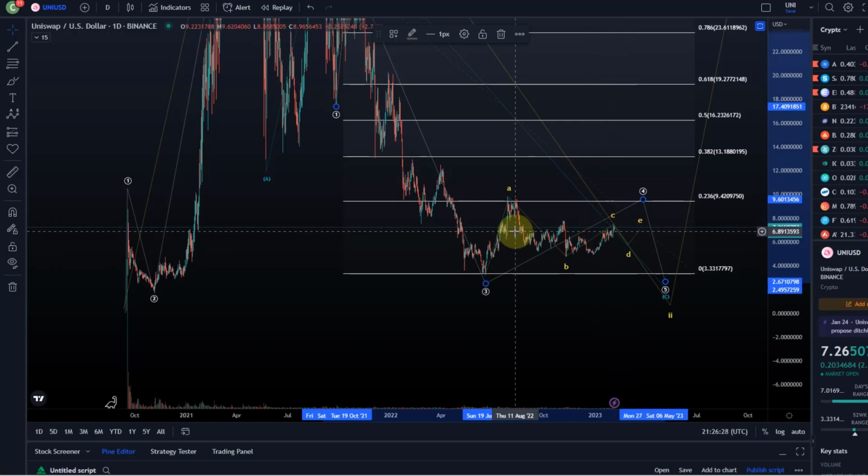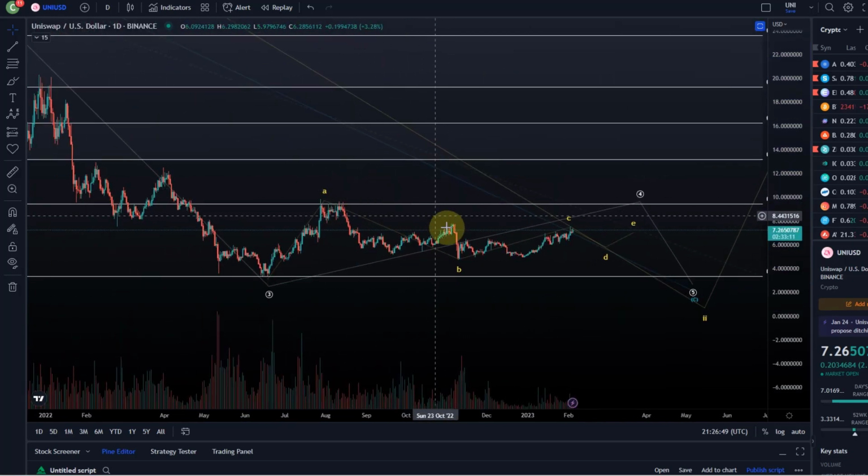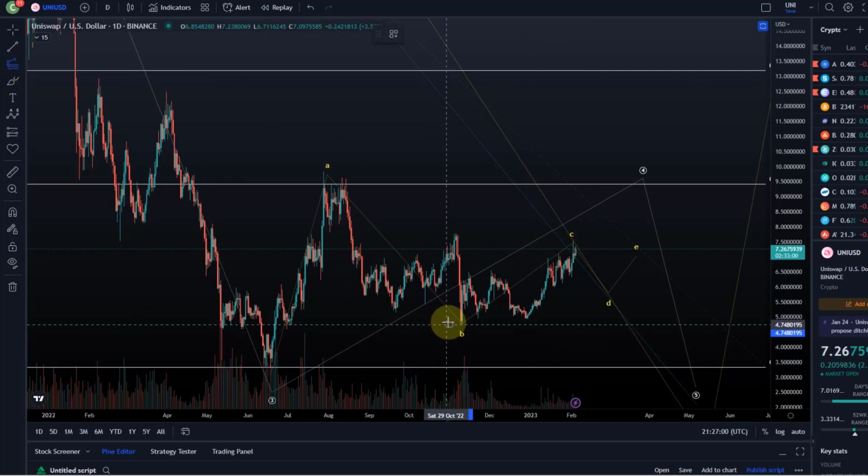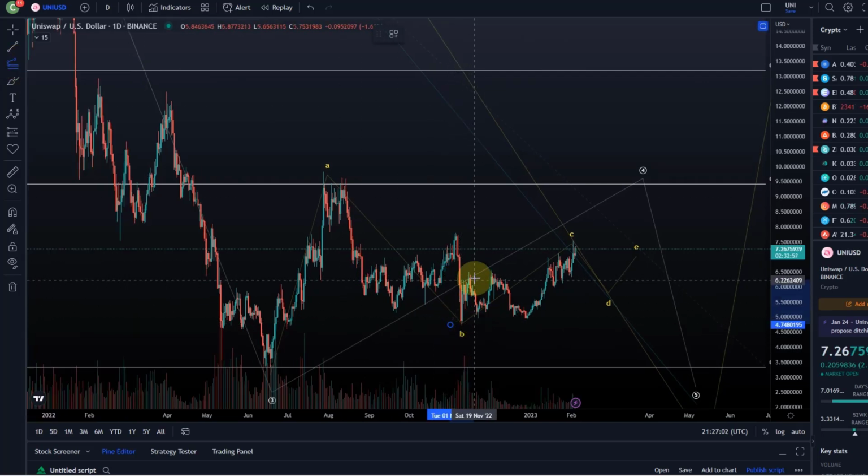So for me at the moment, more likely that we'll get one more low. Could a low be in? Surely, you know, you can always try to count something. But then I would have to count the move here as a wave 1 in July. That it came down in a wave 2, and then I have to consider that the wave 1 was only a diagonal. We came down in a 2, and surely, I mean, again, then you would say maybe here we had a 1-2 setup, and this could be a 3. So possibly here a 1 ABC. Yeah.